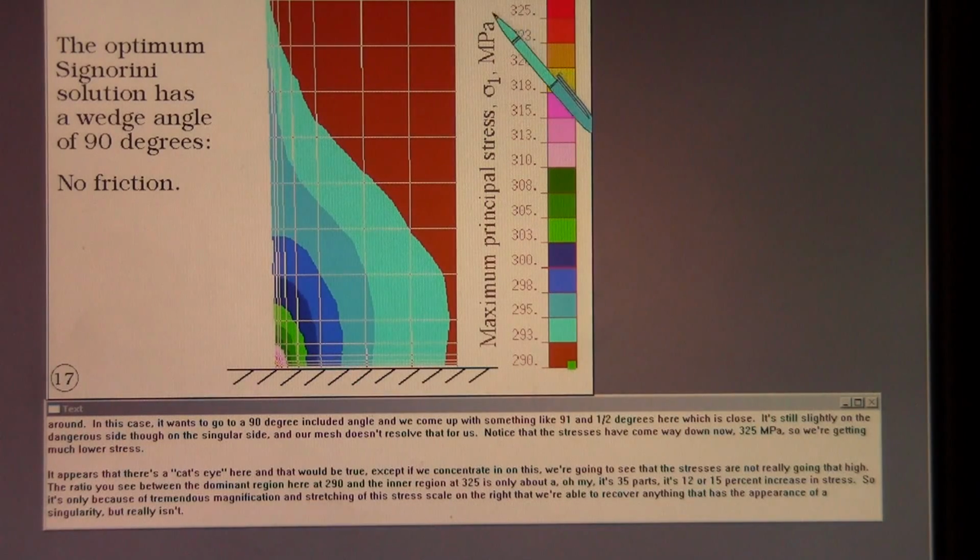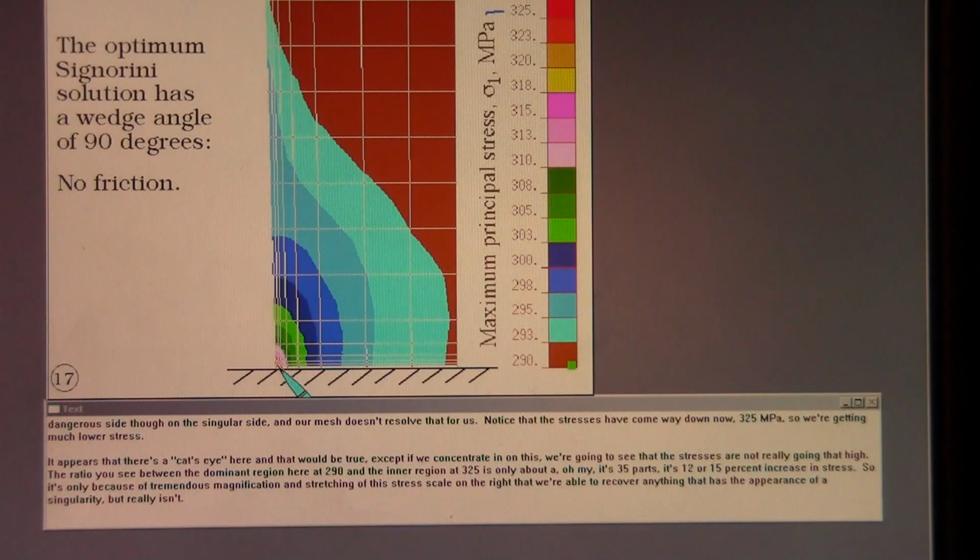But notice that the stresses have come way down now, 325 megapascals, so we're getting much lower stress. It appears that there's a cat's eye here, and that would be true, except if we concentrate in on this, we're going to see that the stresses are not really going that high. The ratio you see between the dominant region here at 290 and the inner region at 325 is only about